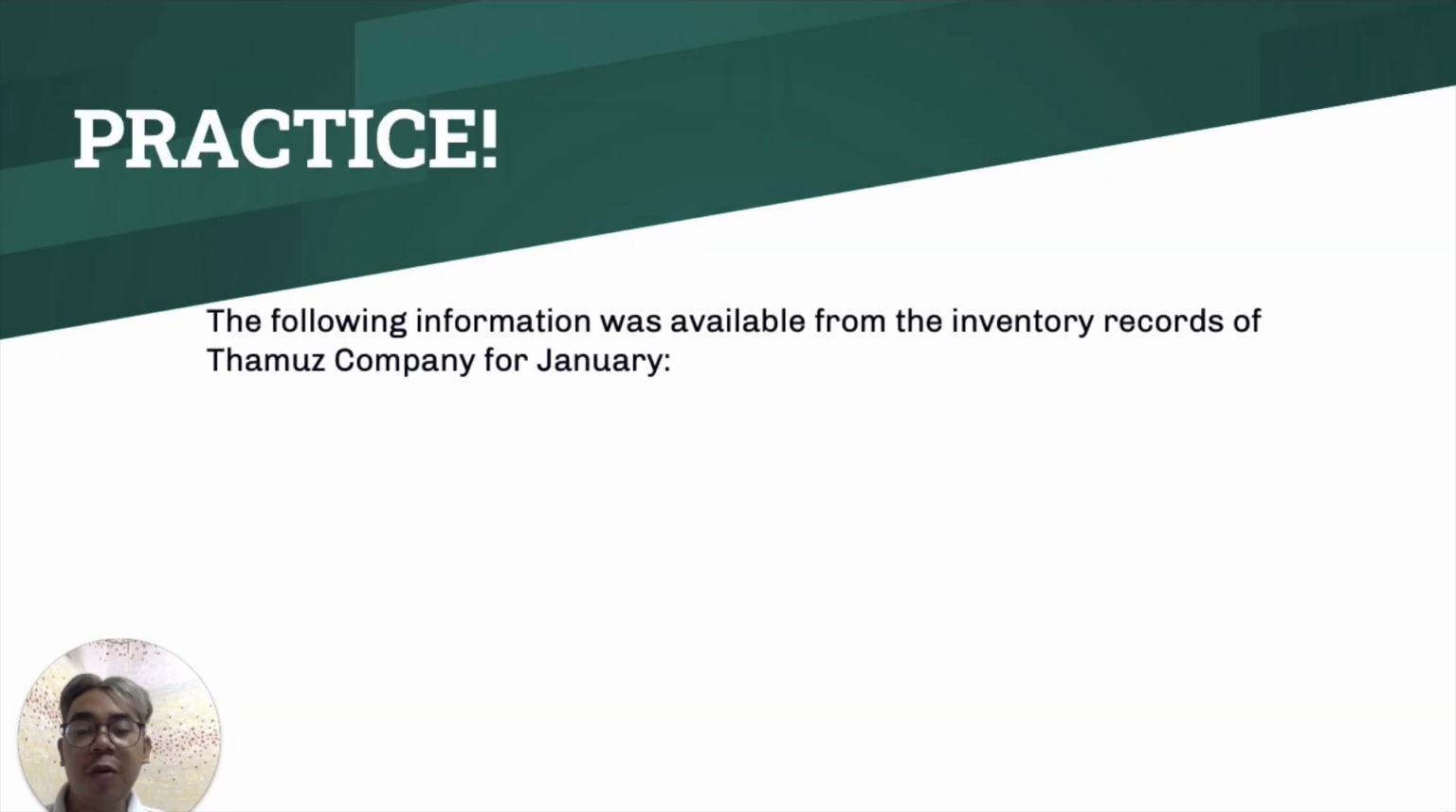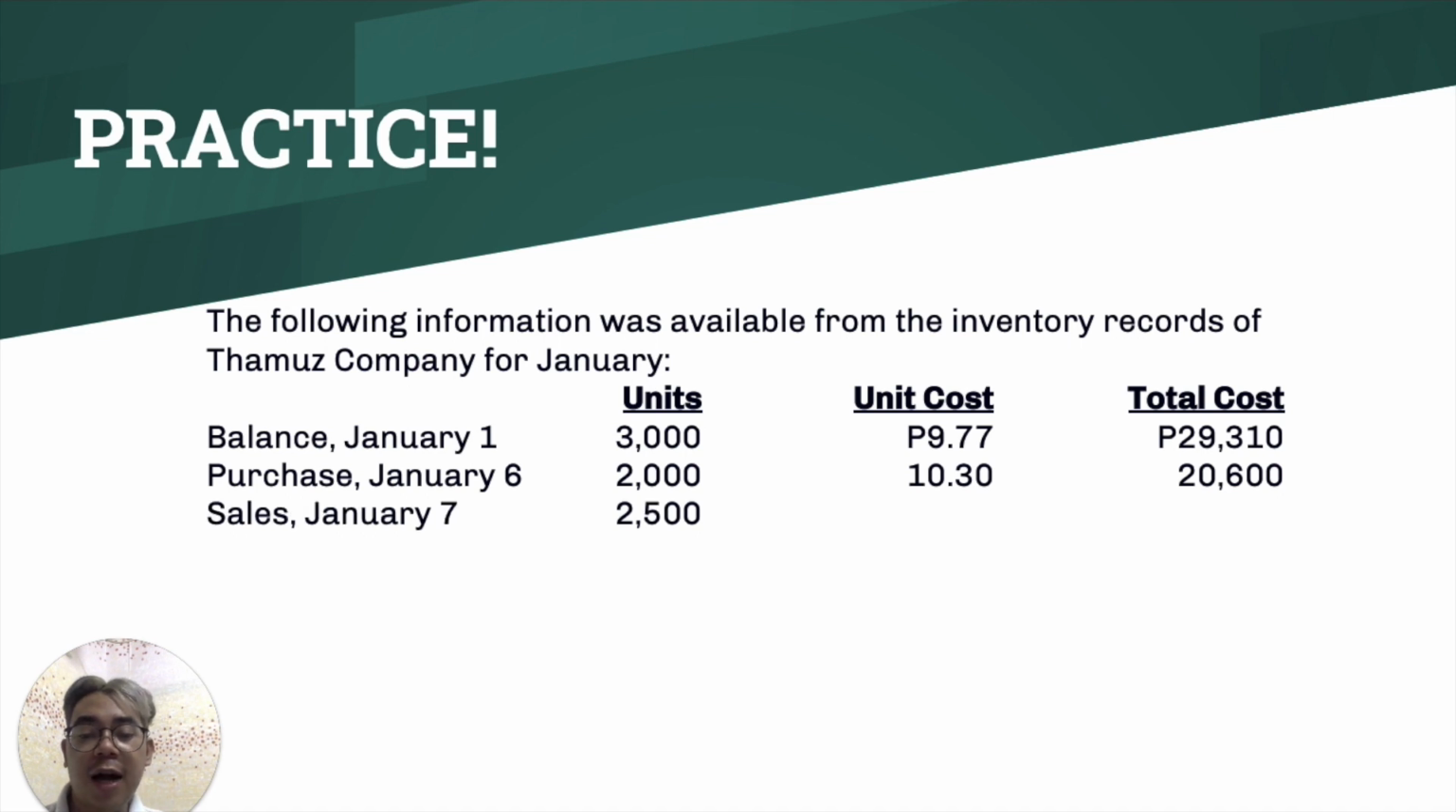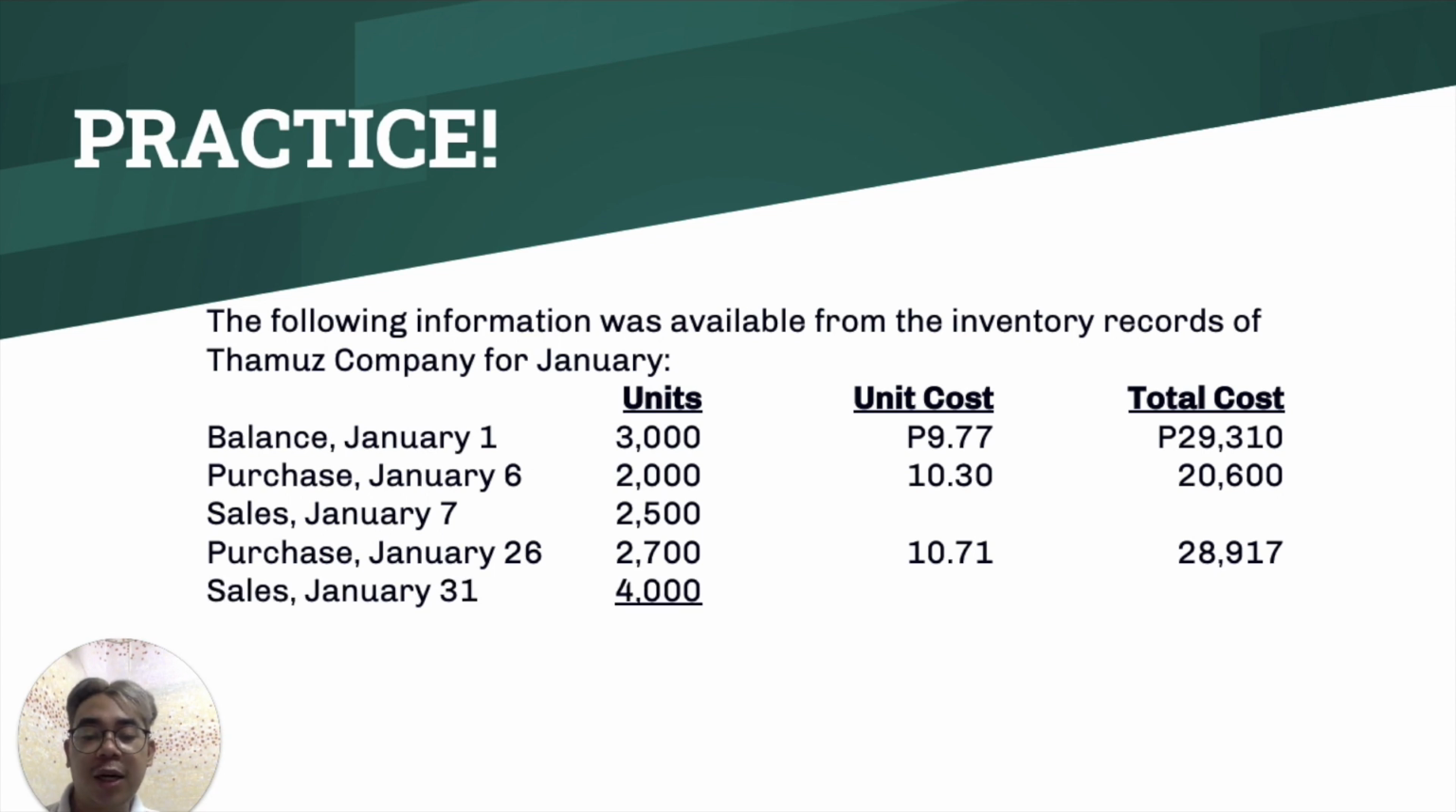So let's have an example. The following information was available from the inventory records of Thamus Company for January. Balance nung January 1 is 3,000 units at a cost of 9.77. You purchase new units, 2,000 at a cost of 10.30. Then nakabenta ka on January 7 ng 2,500 units. Bumili ka ulit noong January 26 ng 2,700 units at a cost of 10.71, at nakabenta ka on January 31 ng